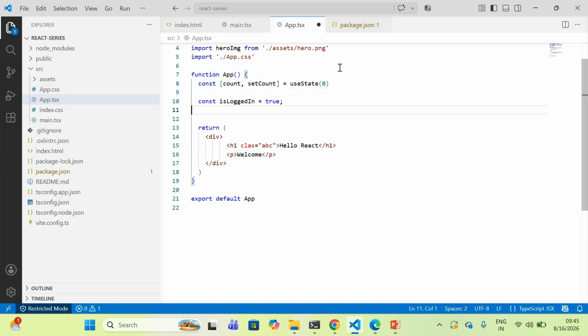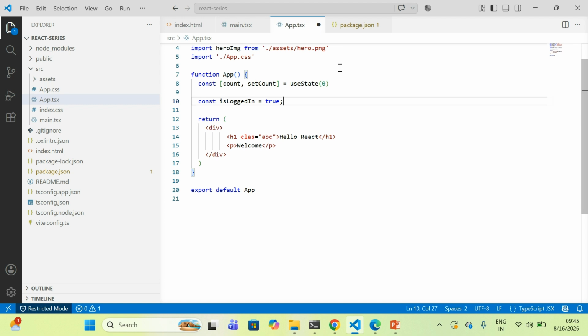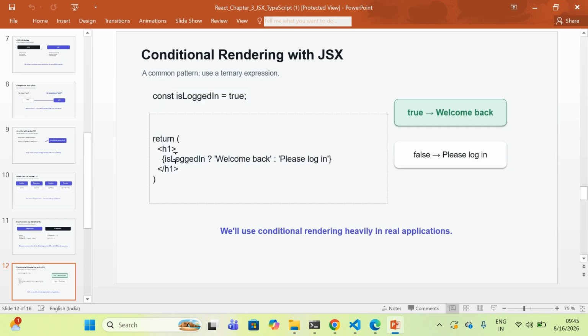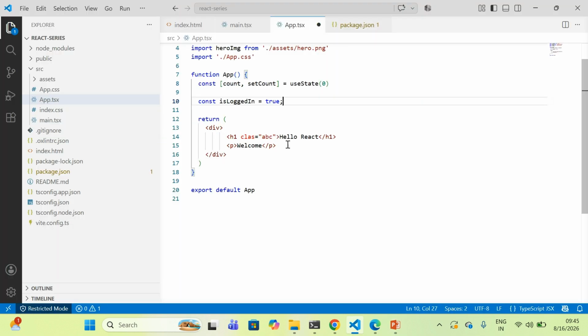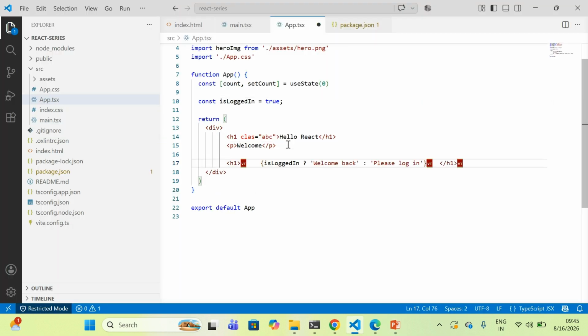So I have to put it before return, and this is nothing special. This is just a ternary operator. If you have already worked with other programming languages, you must be able to understand it. I'm just going to save it.